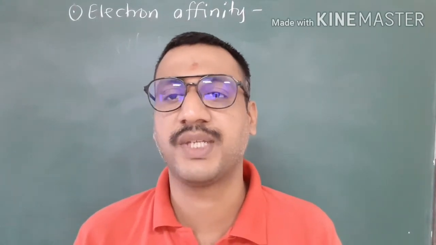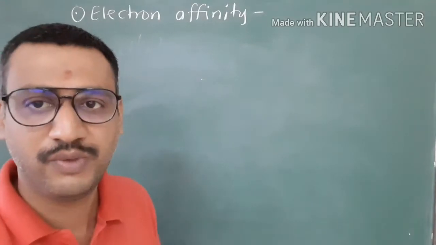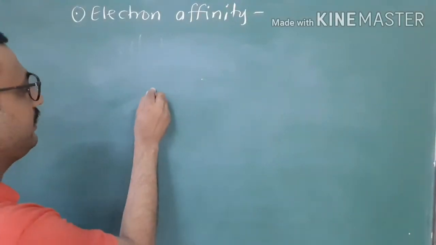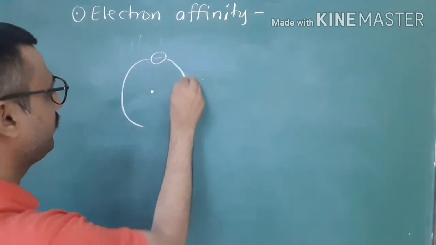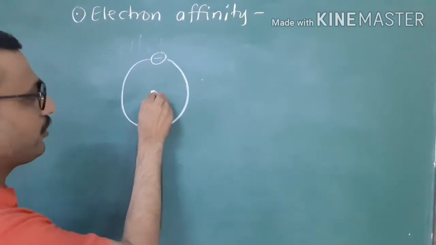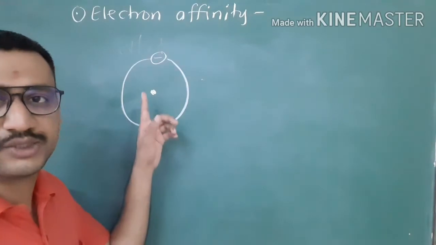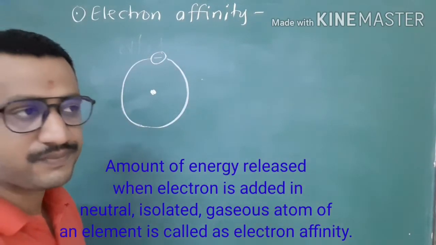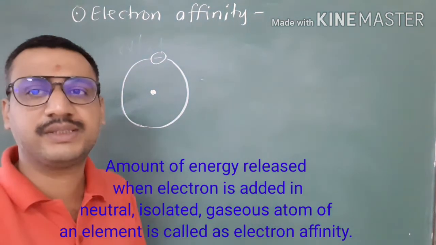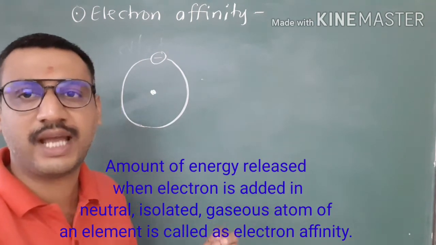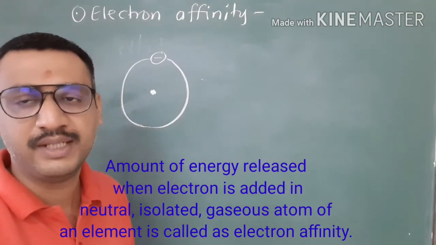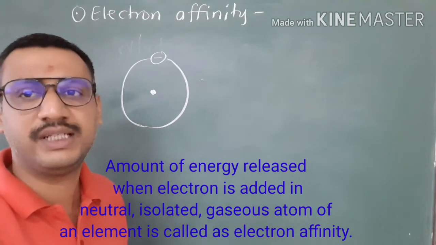So let's begin. Electron affinity means what? We know that in an atom, centrally there is a nucleus. Around the nucleus electrons are revolving. The nucleus is made up of protons and neutrons. The positive charge is concentrated in the nucleus. Electron affinity means when an electron is added to a neutral isolated gaseous atom, then the amount of energy released,